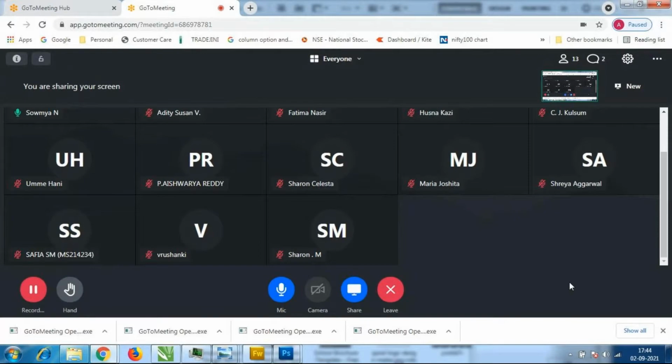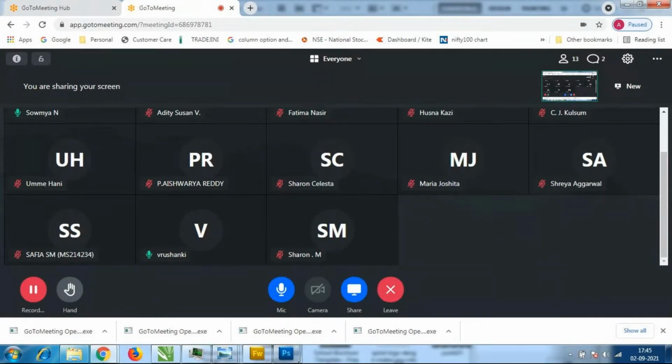Add anchor point tool. Okay, add anchor point tool. Any modifications we have to do with the pen tool? Which option we have to use? Prashanki? Convert point tool. Yeah, convert point tool.